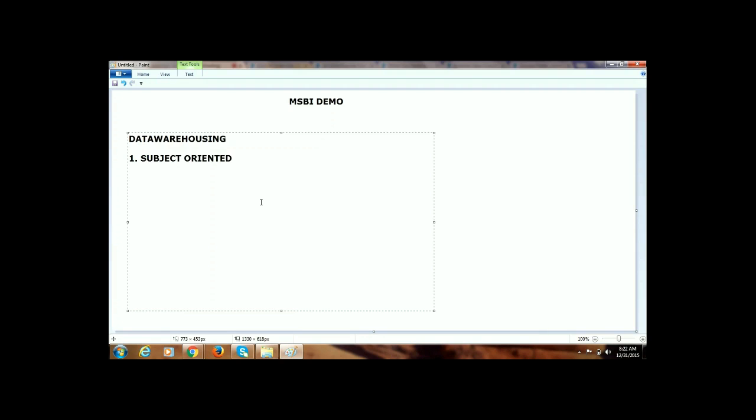That is the reason why the overall enterprise might have different types of departments like sales, production, operations, HR, accounts. So a lot of departments will be there. So for example, if I want to understand the sales data, let me